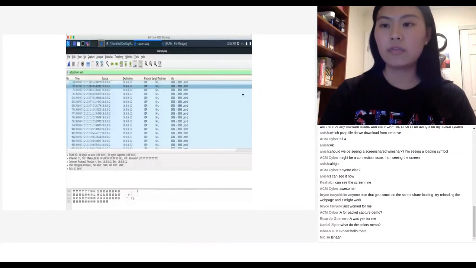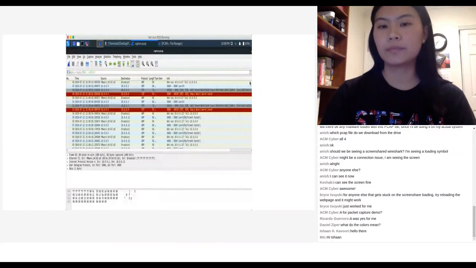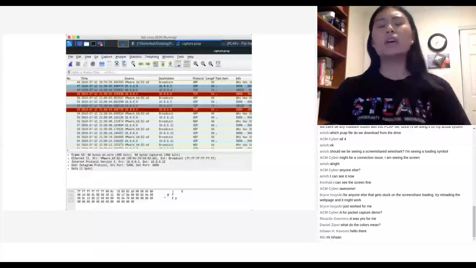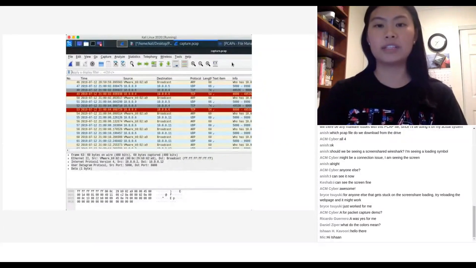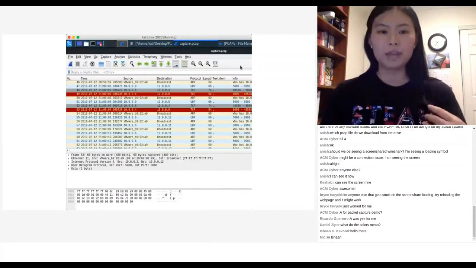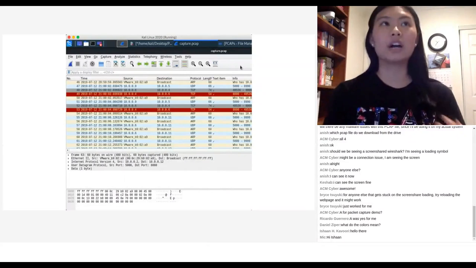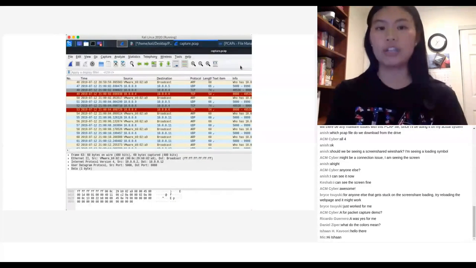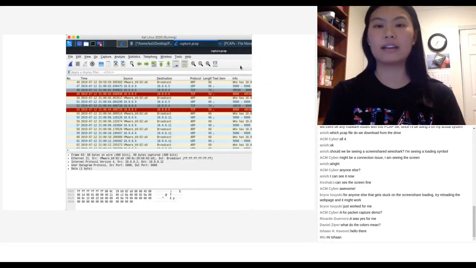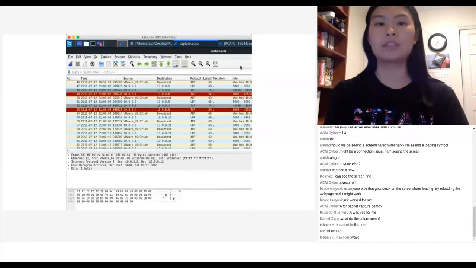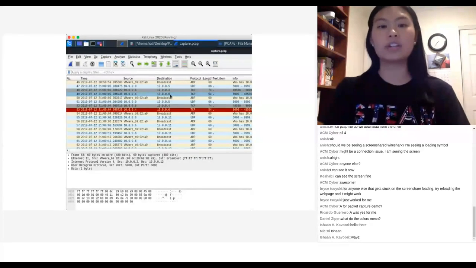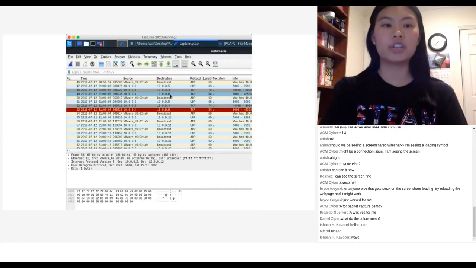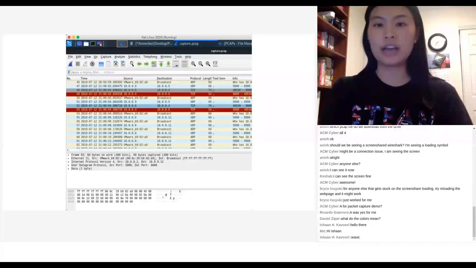Okay, so for colors in Wireshark, right? I actually set my colors to be different because I use a different profile, but Wireshark has default color schemes. So you can actually change the color scheme. If you're looking for certain parts of the packet capture, let's say you want to mark a certain protocol as dangerous, you can do that with the colors because you can change the color scheme. I was actually going to get into that. It's what's called